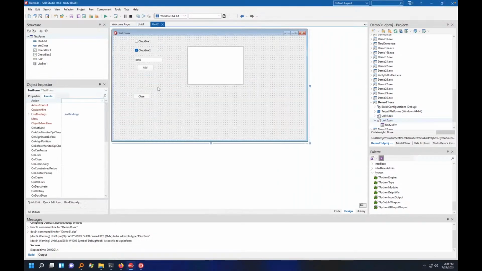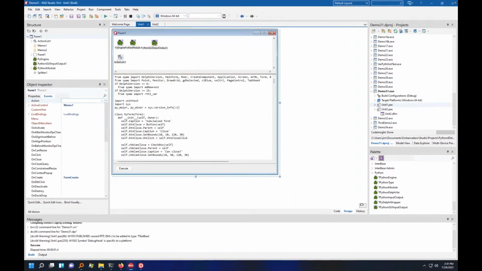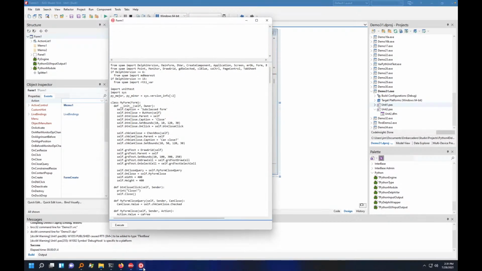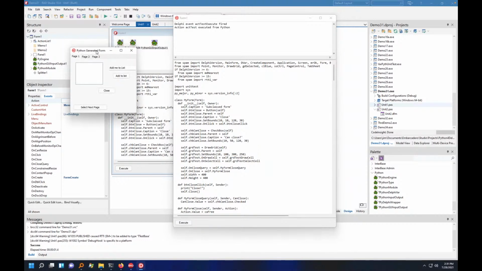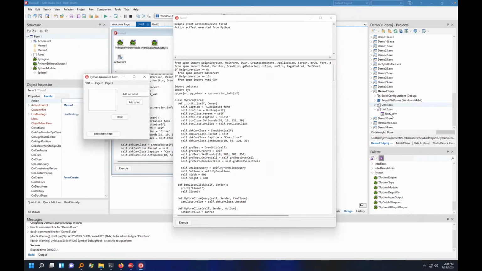So here we have a second form that's in Delphi, and so this Python script will instantiate that second form and interact with it. So when I hit execute, here is the form that's made in Delphi. That's this one here,